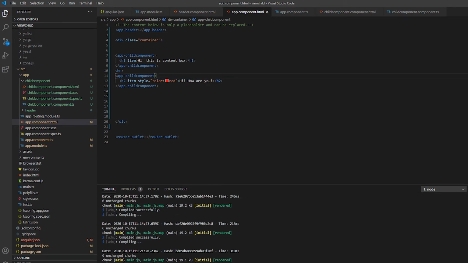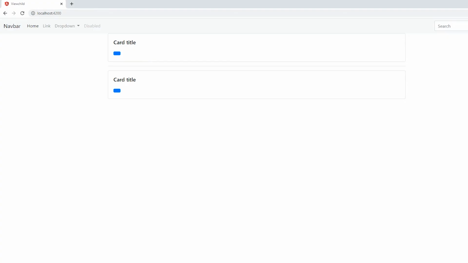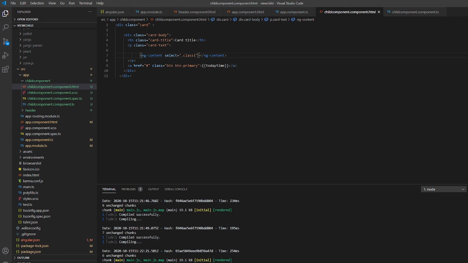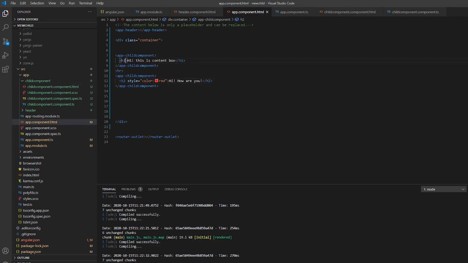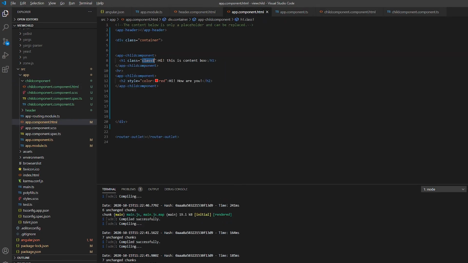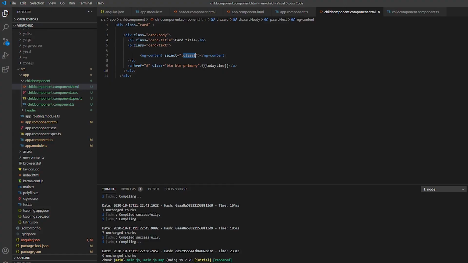We can set the class name into the select and now call the same class name in the parent component. We can also use multiple ng-content tags with different class names.